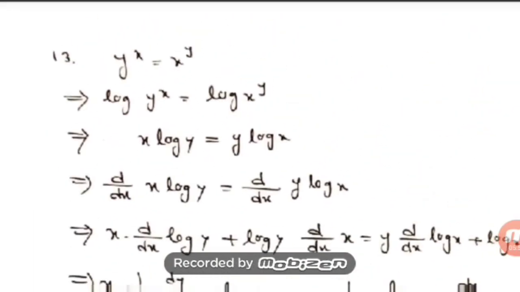Okay. Now let us go to question number 13. Your question number 13 is y to the power x is equal to x to the power y. This is also an implicit function because y and x cannot be separated. So you have to take logarithm on both sides, because directly we can take logarithm here. There is no sum and difference, so directly we can take logarithm because the power is there, and the power is a variable. So we take log on both sides: log of y to the power x equal to log of x to the power y. This will come as a product, x into log of y and y into log of x.